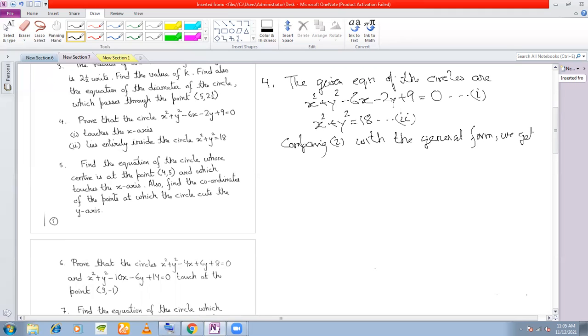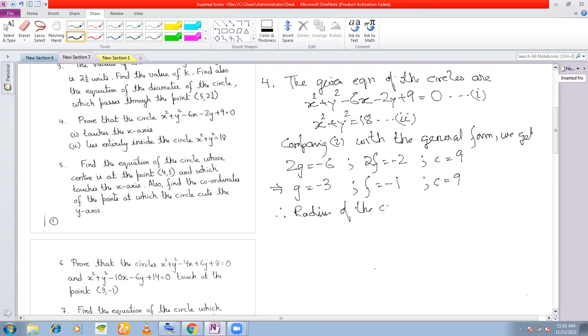We get 2g is equal to minus 6, 2f is equal to minus 2, and you get c is equal to 9. That means you get g is equal to minus 3, you get f is equal to minus 1, and you get c is equal to 9. So therefore radius of the circle 1